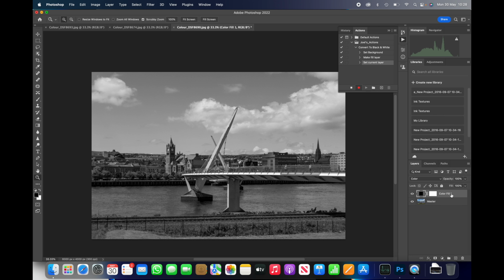what I want to do now is double click here and put a label on it: convert to black and white. Okay, now the final thing that we need to do is have a look at the levels that exist in this image. And we're going to go down to the little half moon shape again. I'm going to click on it, and we're going to select